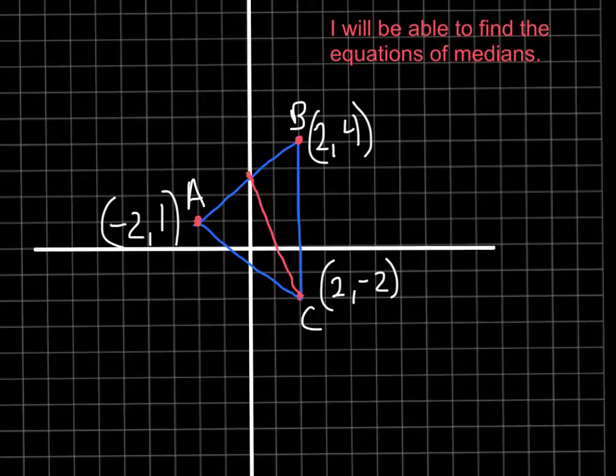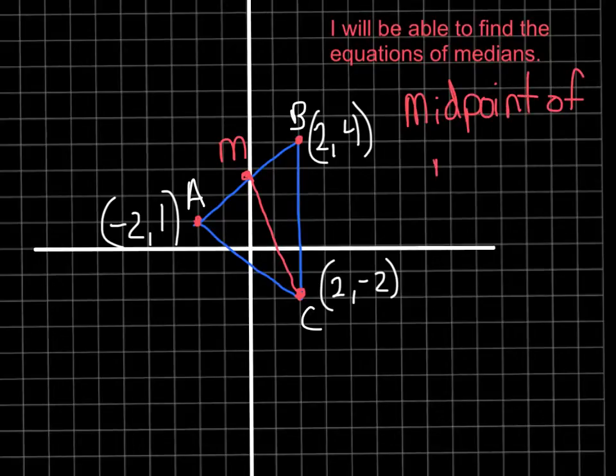Well, if I wanted to find an equation of a line, I really just need 2 points. I've already got this point here, C. Let's call this point M, because it's the midpoint. And if I can find the coordinates of M, then I've got 2 points, and I should be able to find the equation of the line connecting them. So if you remember, we're after the midpoint